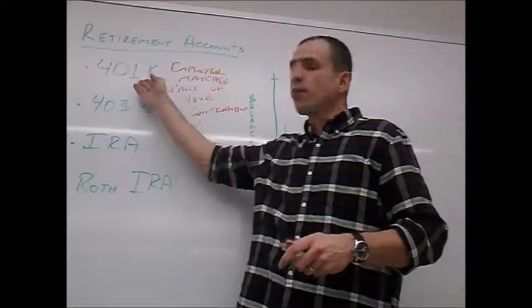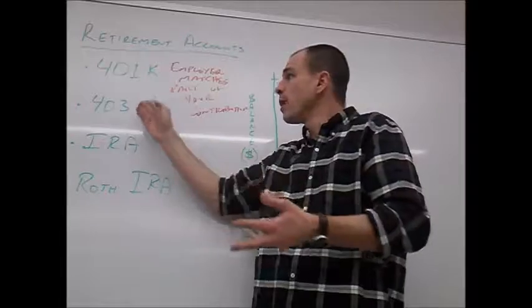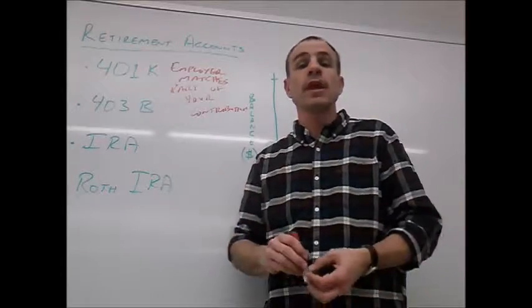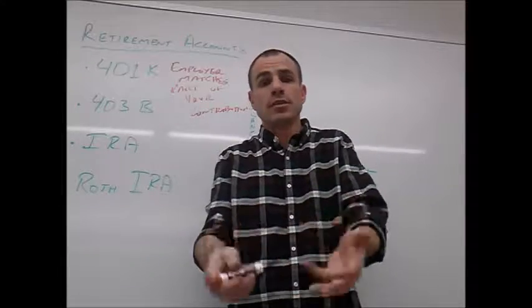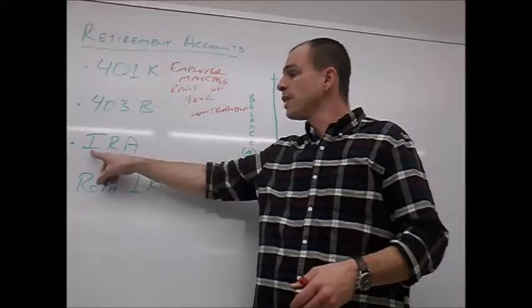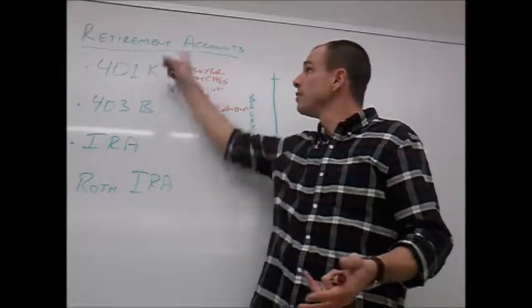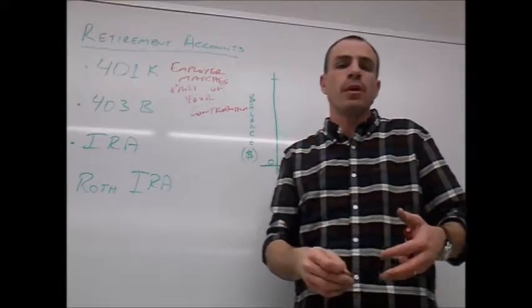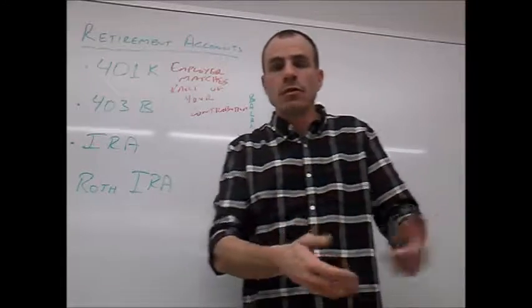Now, if you don't work for a private company or a public company, you are self-employed, or you're a farmer, you're a landlord, something like that, you still have the ability to have a retirement account. And that's what's known as an IRA, which literally stands for Individual Retirement Account. And you see two of the words are already up on the board. So you can set this up, and you can actually set this up very soon.